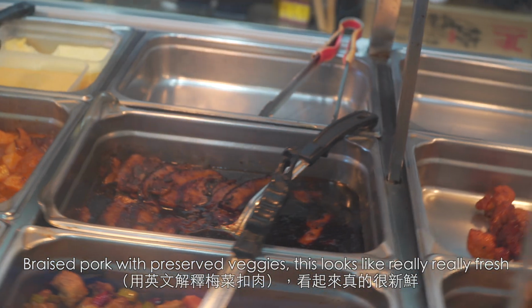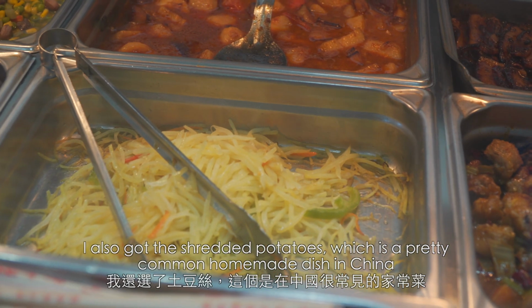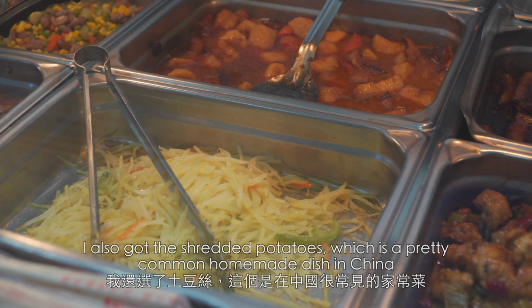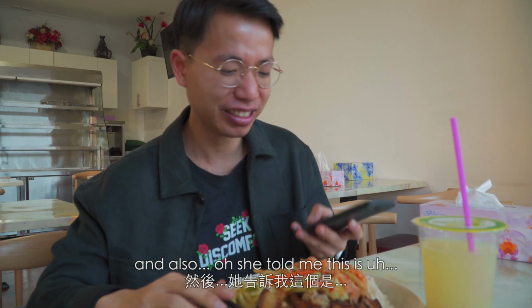So the first thing that I've picked is Medan Ciak cold roll, braised pork with preserved veggies. This looks really fresh. I also got the shredded potatoes, which is a pretty common homemade dish in China, and also, she told me this is